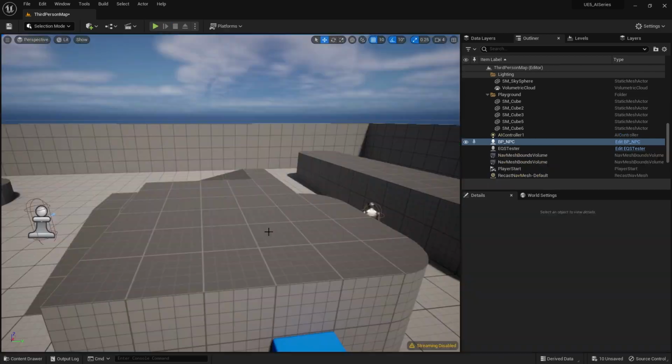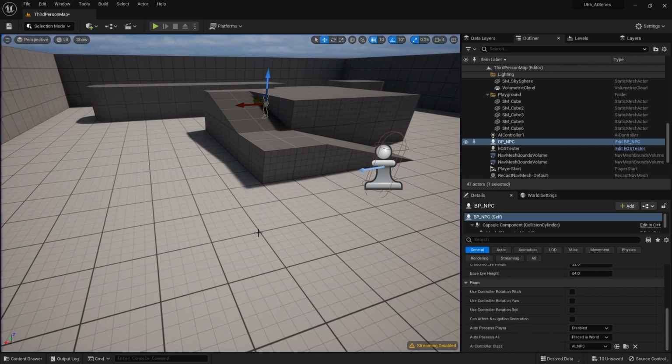Okay. And that's an introduction to EQS. So there you go. We now use EQS as a basic tool to make our character run away from us when he sees us. So in the next episode, I'm going to go through some more of the tests that we have